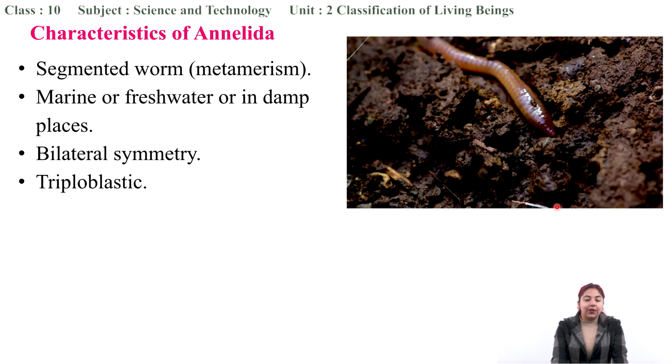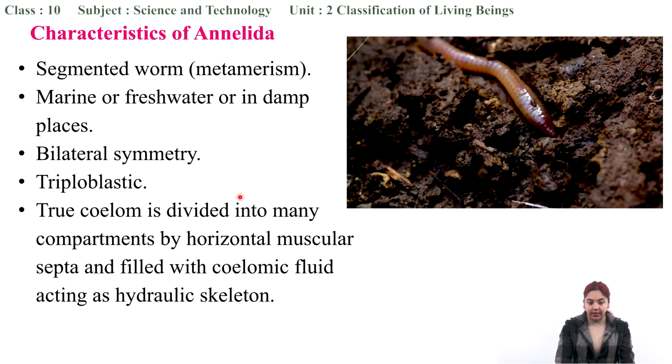Yes, because if their body has all three germ layers, the ectoderm, the mesoderm, and the endoderm, then such an organism is called a triploblastic organism. And Annelida are triploblastic organisms. Now their body has a true coelom, and it is divided into many compartments by horizontal muscular septa and filled with